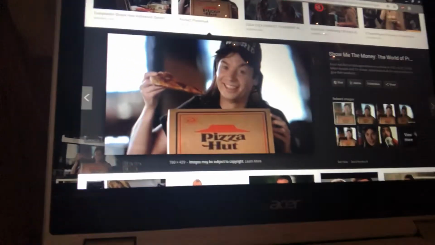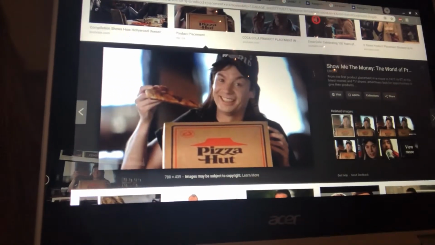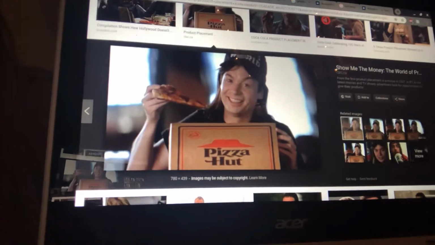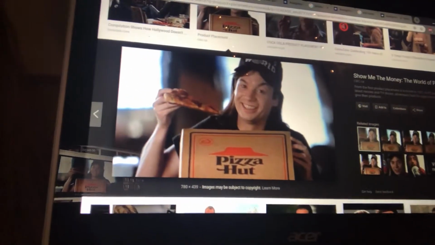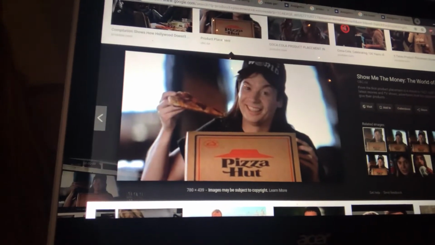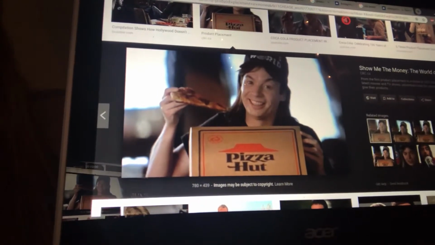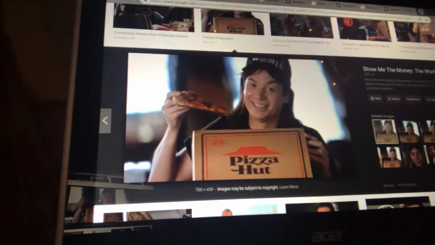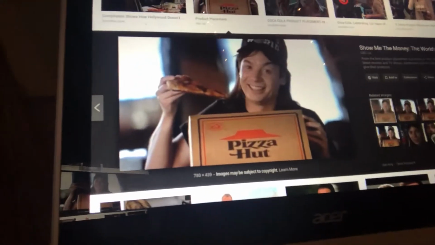Generally, brands pay a lot of money for this, and it isn't as outright as a commercial that people would skip between shows. It's a more unique way of showing your product while you are watching a movie, because people generally don't just skip parts of a movie like that if they're fast.